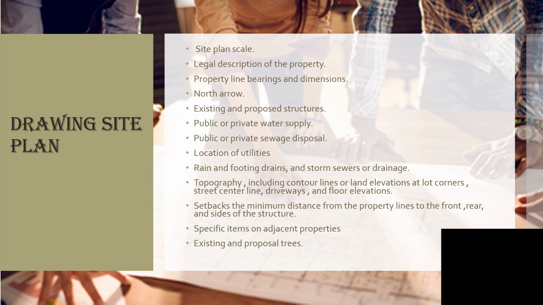Drawing site plans. Site plan requirements vary by jurisdiction, such as city, county, or state. Some site plan elements are similar throughout the country. Typical site plan items include the following: site plan scale, legal description of the property, property line, bearings and dimensions, north arrow, existing and proposed roads, driveways, patios, walks, and parking areas,